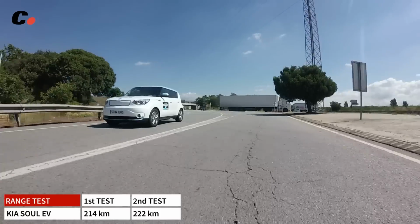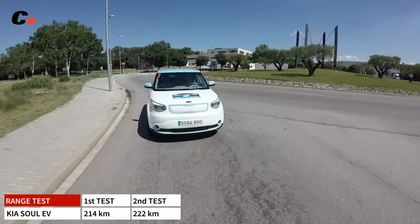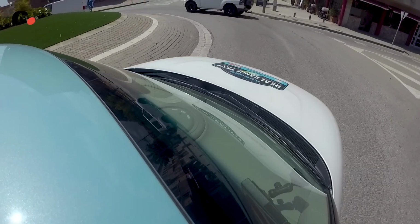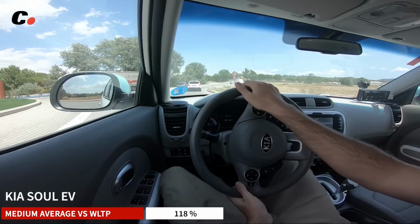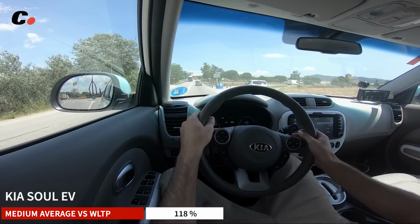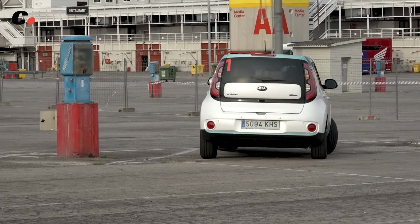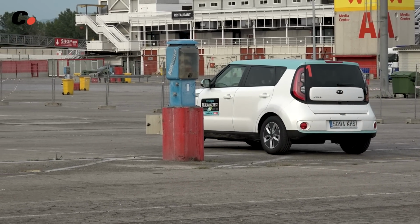Kia Soul. 214 kilometers the first day and 222 the second one. The Soul demonstrates that it is able to achieve the homologated figures. With an average of 218 kilometers, it is far from the 250 kilometers in the NEDC cycle, but overtakes the 185 calculated as a WLTP cycle. The average consumption was 13.6 kilowatt-hours. As its brother from Hyundai, the remaining range for the Soul when battery empty is announced is close to 7